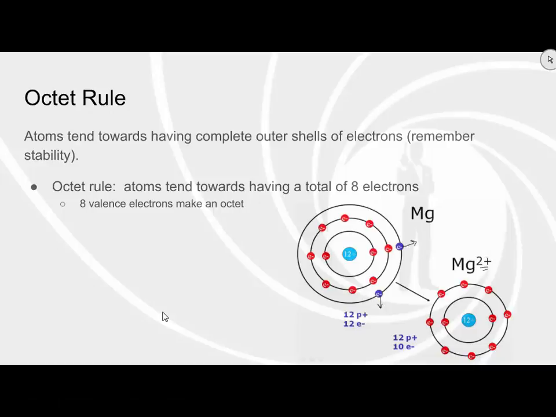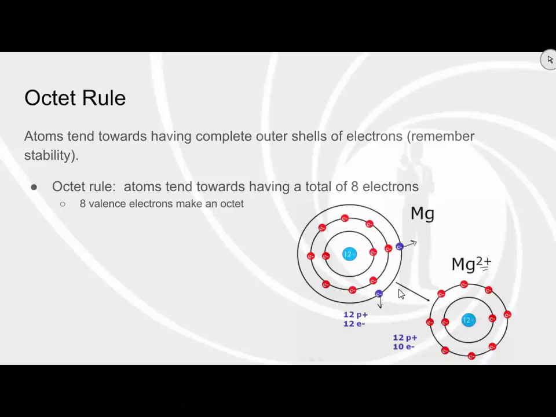Now we've reviewed our periodic table. Let's talk about ionic bonds. One rule that forms ionic bonds is called the octet rule. It says that atoms tend to want to have a completely filled outer shell. If we were to draw in our electrons and their energy levels, we want this outer ring to have a full octet. That means a full number of